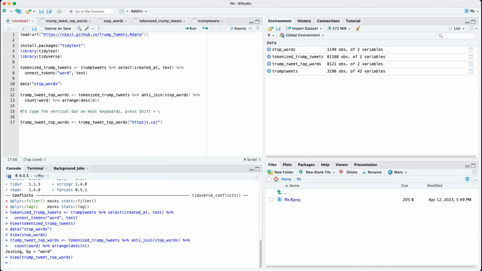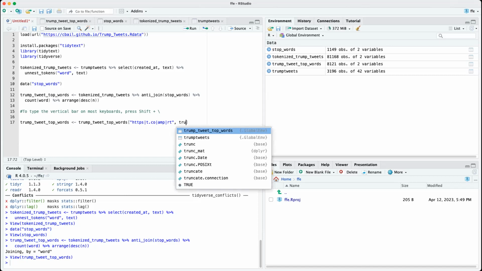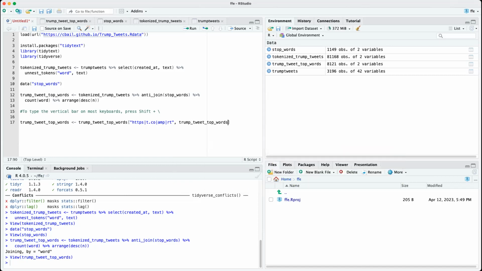T.co, vertical bar, AMP, vertical bar, RT. So you are basically getting rid of HTTPS, TCO, AMP, RT, which are URL. You're basically cleaning your data right now. We are continuing, and we're going to do this on Trump tweet top words and in the word section of